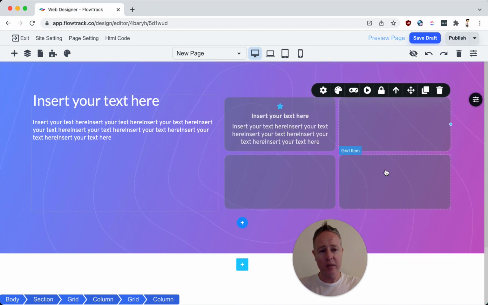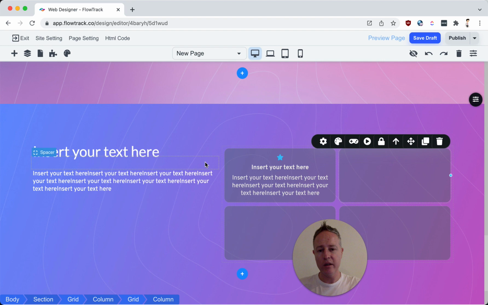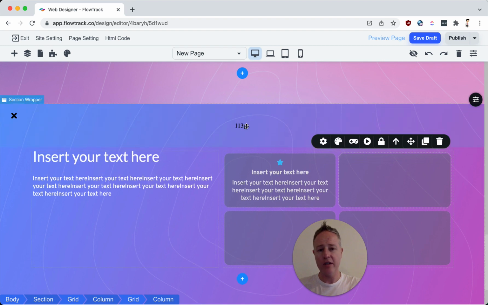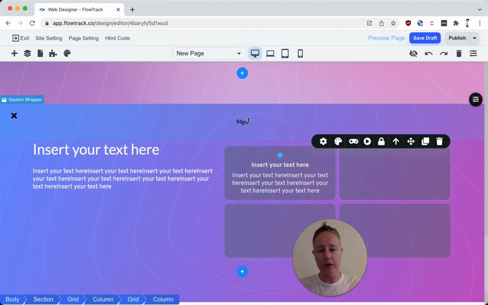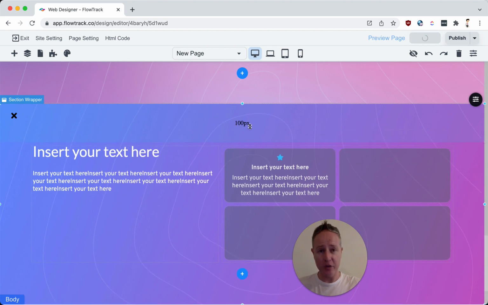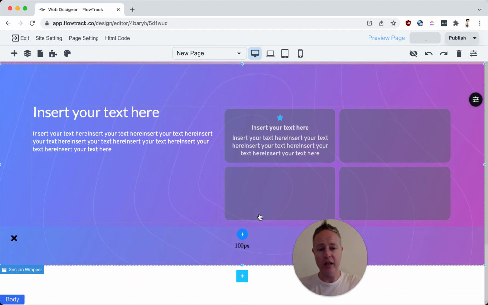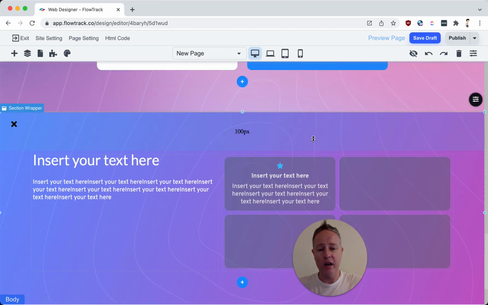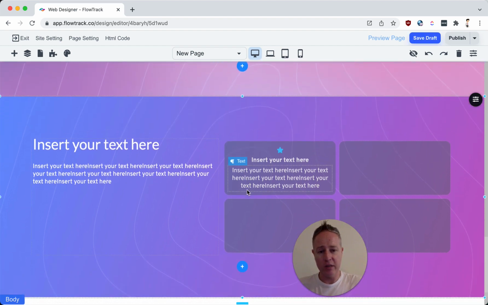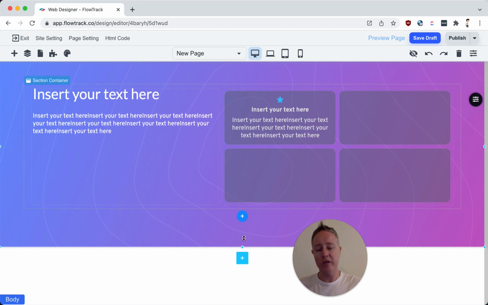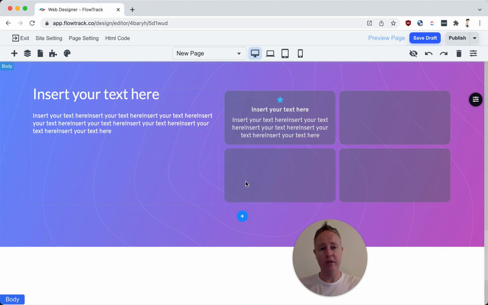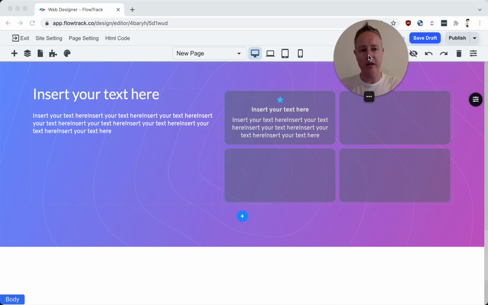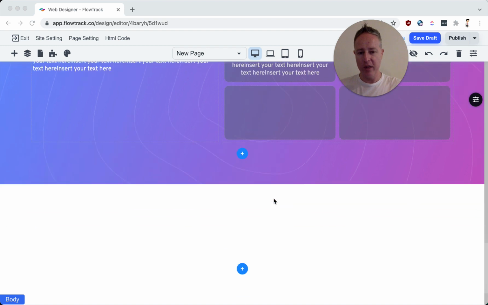And so some of the other adjustments that you can do on here is every section has this top padding and bottom padding. So you can click on this and drag to resize to get it looking exactly how you want it to look. So definitely come in here and customize that. But the last thing I'm going to do for this video, because I want to keep this video fairly short, is I'm going to add a new blank section for a footer. So I'm going to move my video up to the top,